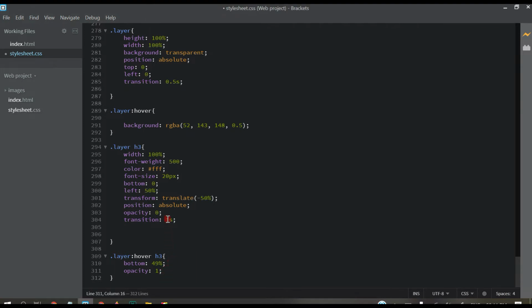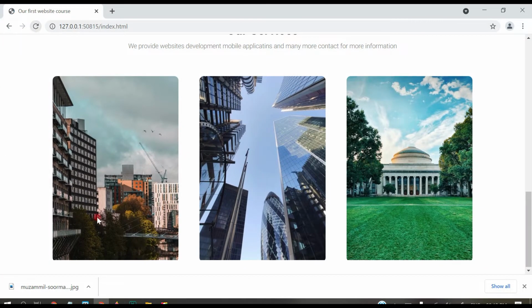So that's all, and put 0.5 second here, and let's change this background a little bit. Say here 0.7, Control S, go to the browser, check it, refresh the page.